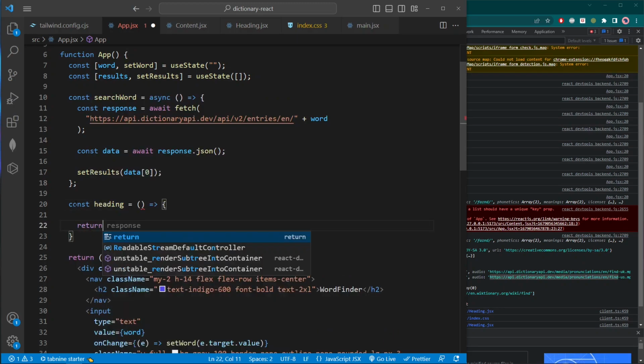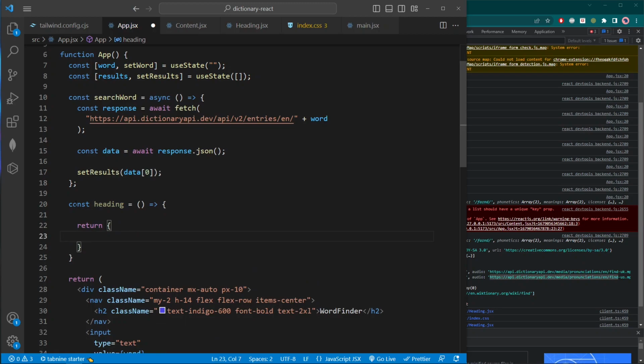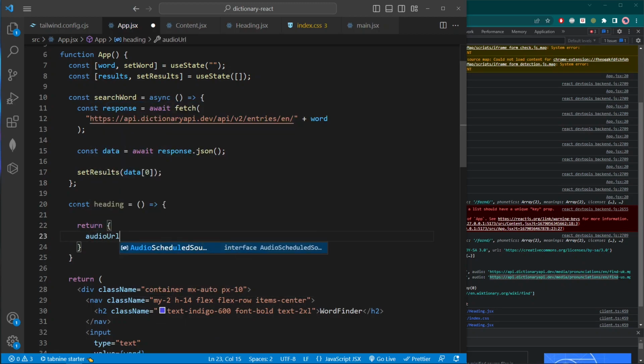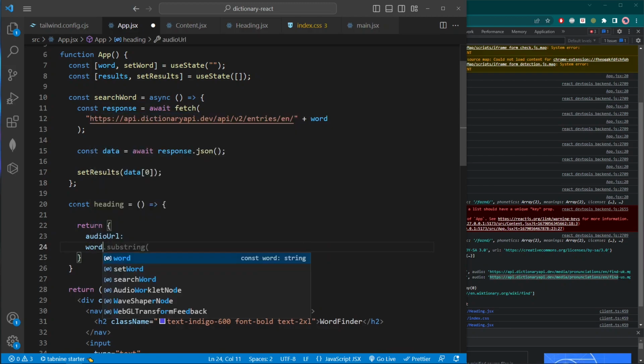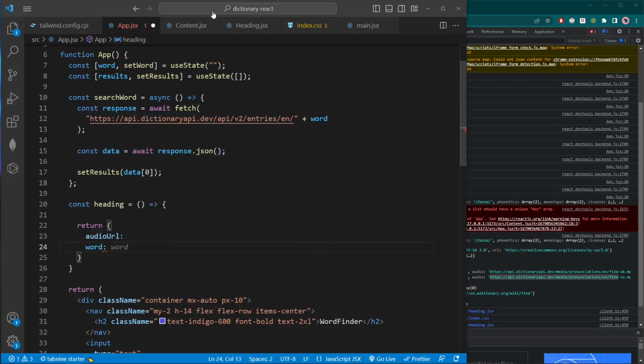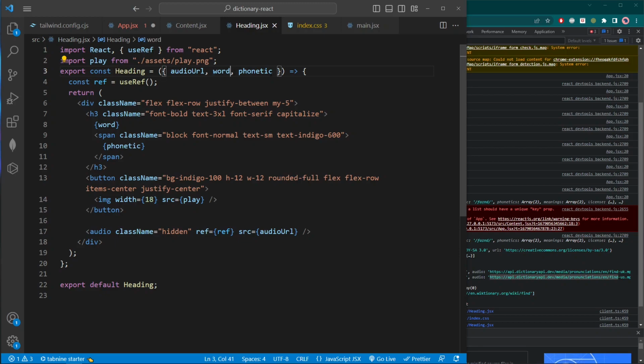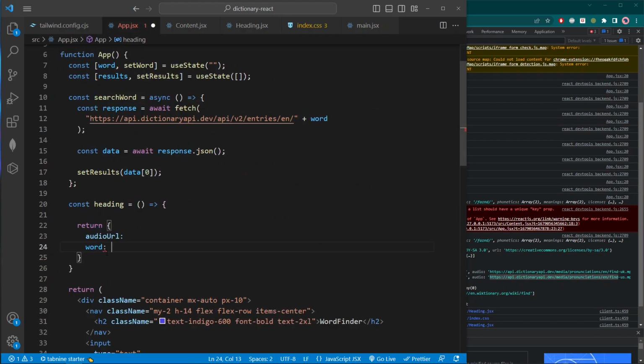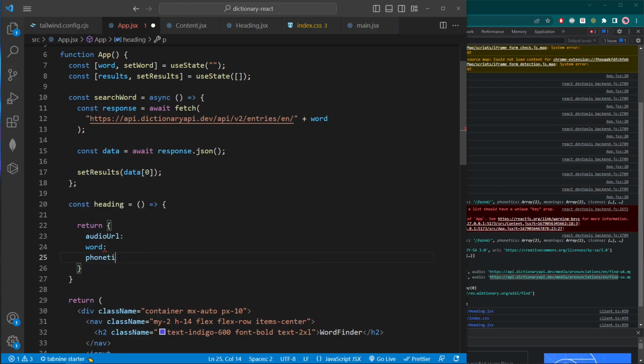So what I'm gonna do with this heading, I'm gonna simply respond with the audio URL, and also the word that is needed in the heading. Remember, in the heading we have the word, the phonetic, and the audio URL. So I'm simply gonna say word, audio, and then the phonetic, right? But then for the audio URL, what I need to do is